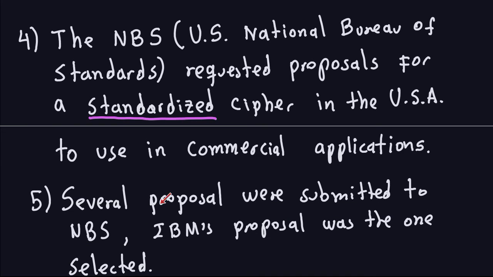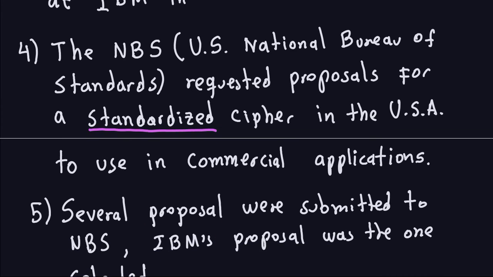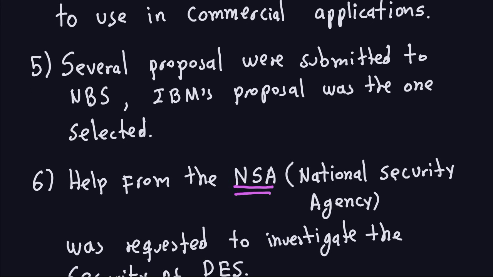So several proposals were submitted to the NBS, and the IBM's proposal was the one selected. Now, when the IBM proposed that cipher, it was not called DES, of course. So it was called something else. Now, also, once the proposal was accepted from the IBM,